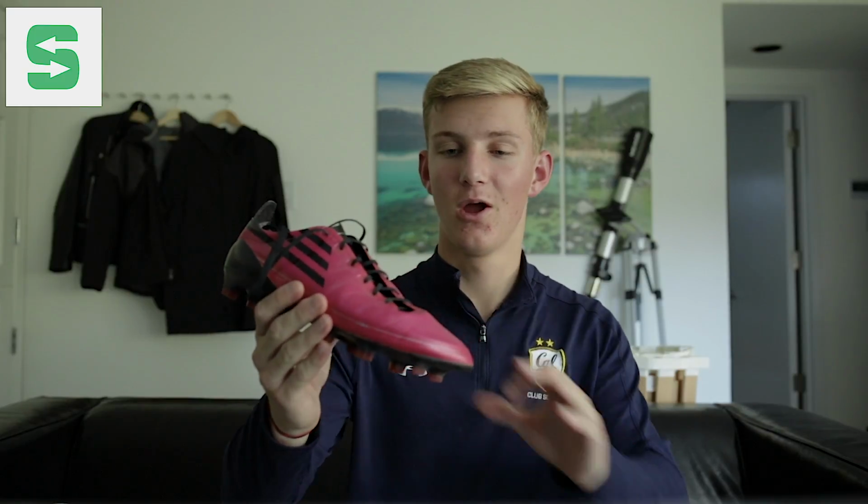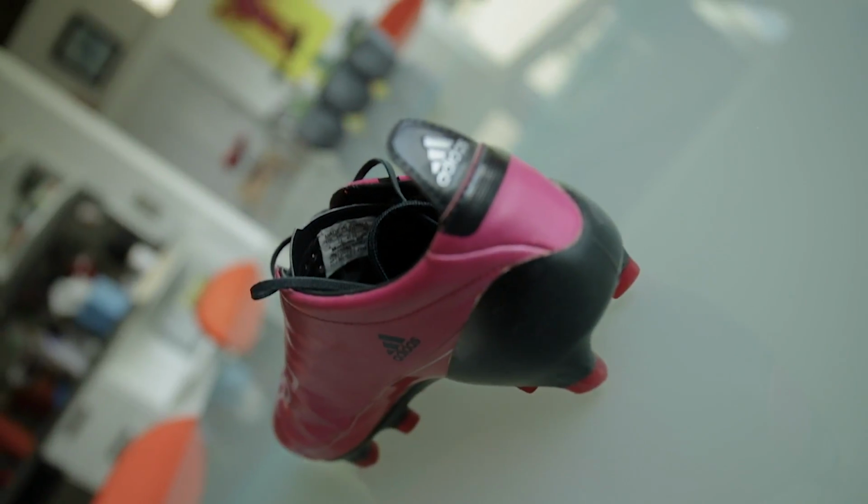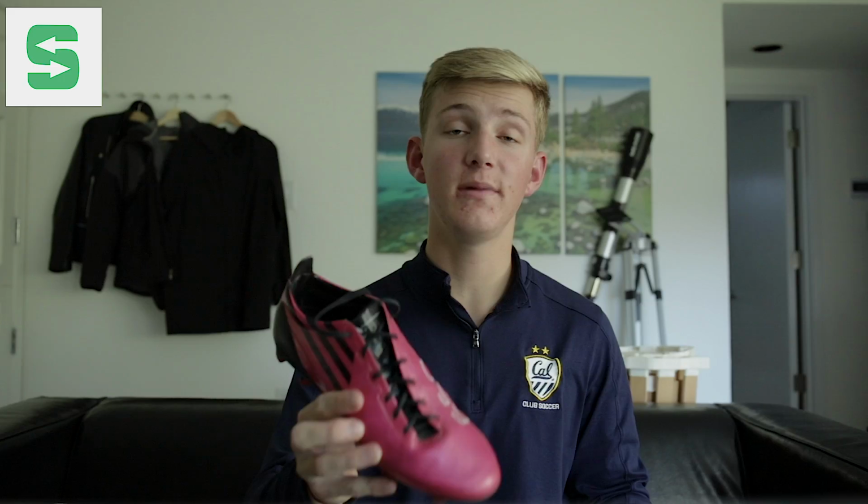And next, this shoe is actually one that was really popular in my last video. I just think these are probably the coolest shoe that I've ever owned. It's the first generation F50 Adizero. And right now you're probably wondering, what the heck, Footballpedia? They were never released in a pink colorway. Those have to be fake. And let me tell you, I 100% guarantee you they are not fake, but they are a pair of